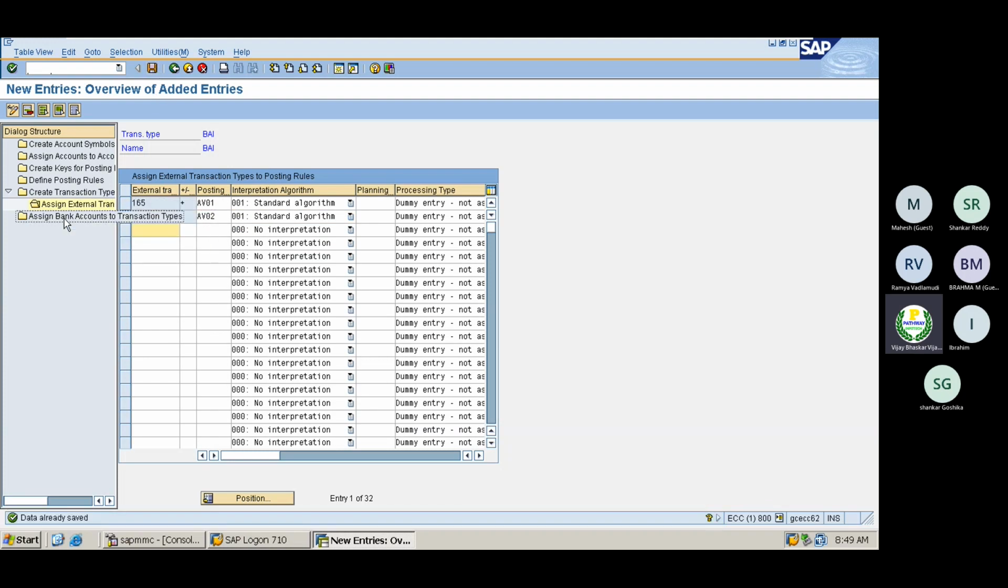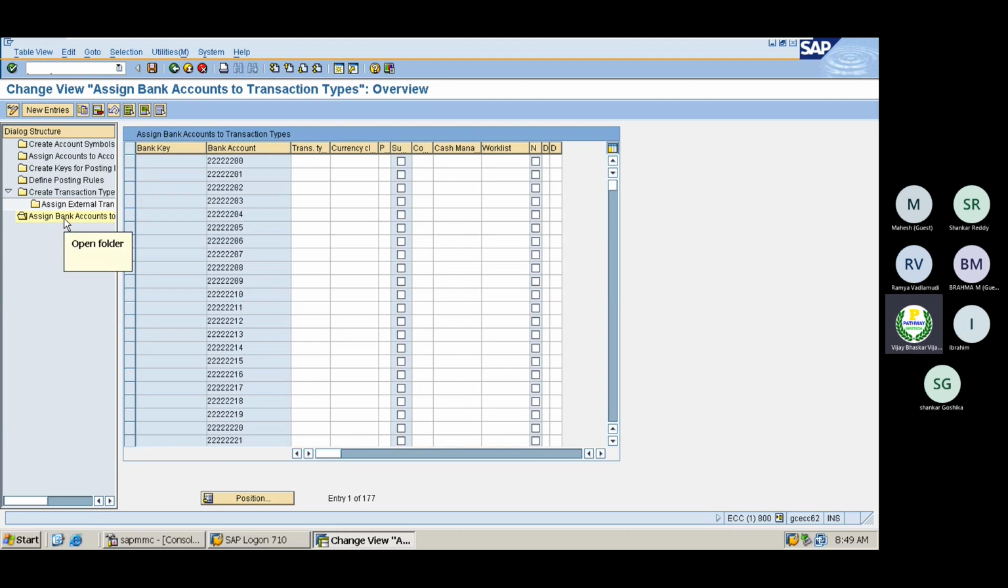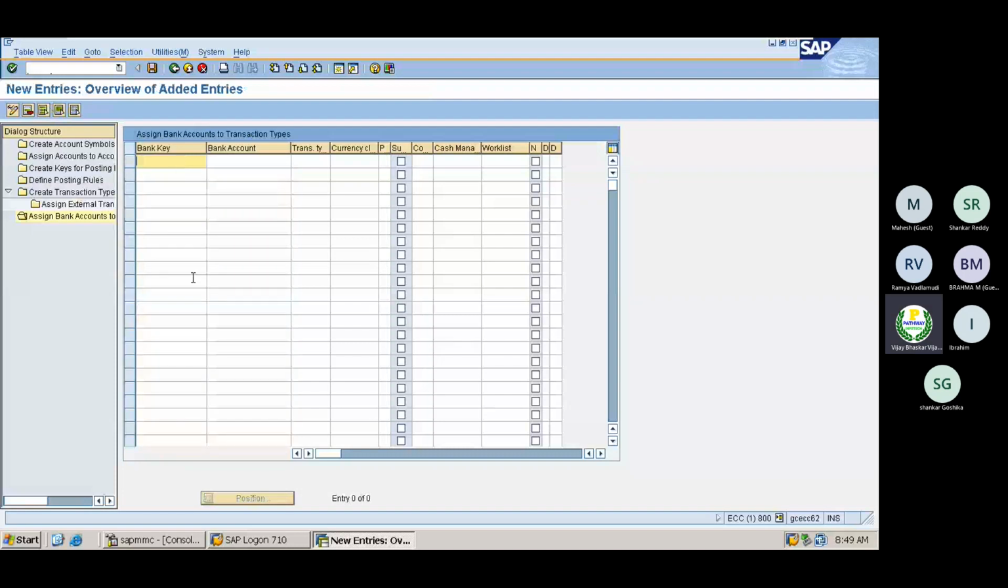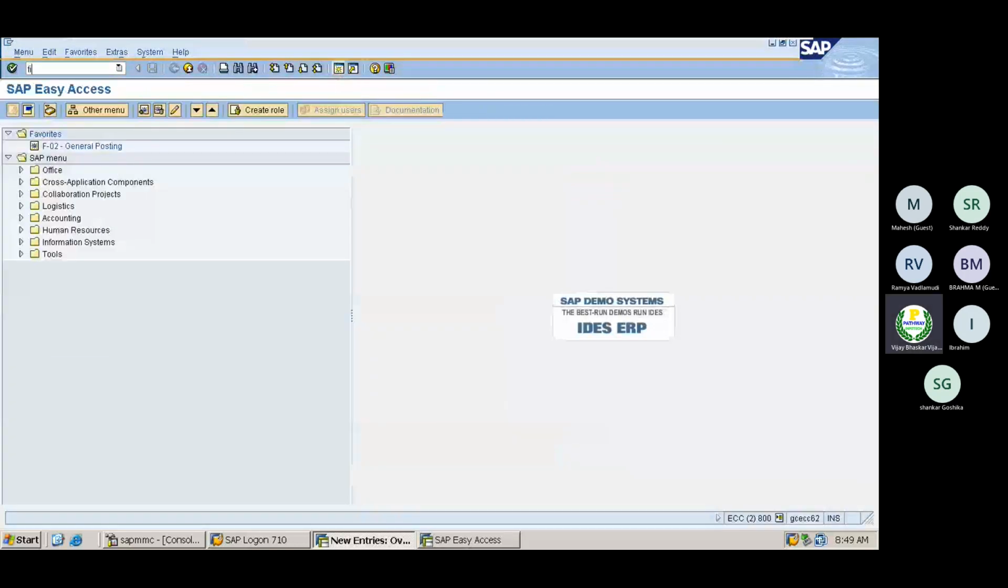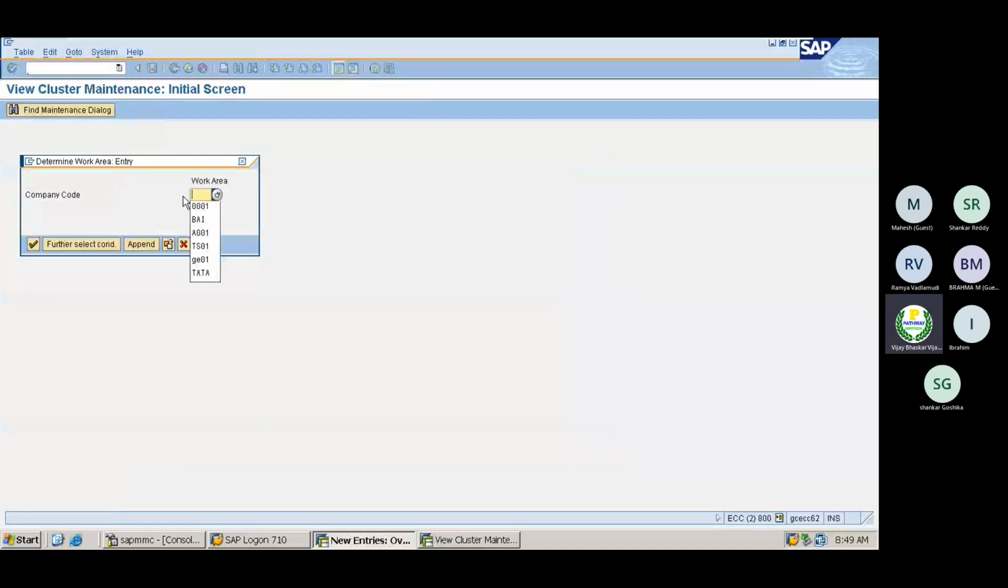Now assign bank accounts to the transaction types. Now come here, then select the new entries. What is the bank key? Now come to the new open, then go to the FY12 session, company code,